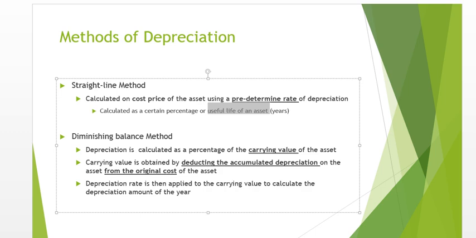Then looking at our diminishing balance method, in this method we also depreciate our asset by a percentage, but instead of the cost price, we're going to depreciate the carrying value of the asset. The carrying value is your cost price less accumulated depreciation. Carrying value is obtained by deducting the accumulated depreciation on the asset from the original cost of that asset. The depreciation rate is then applied to this carrying value. So if you look at an example,